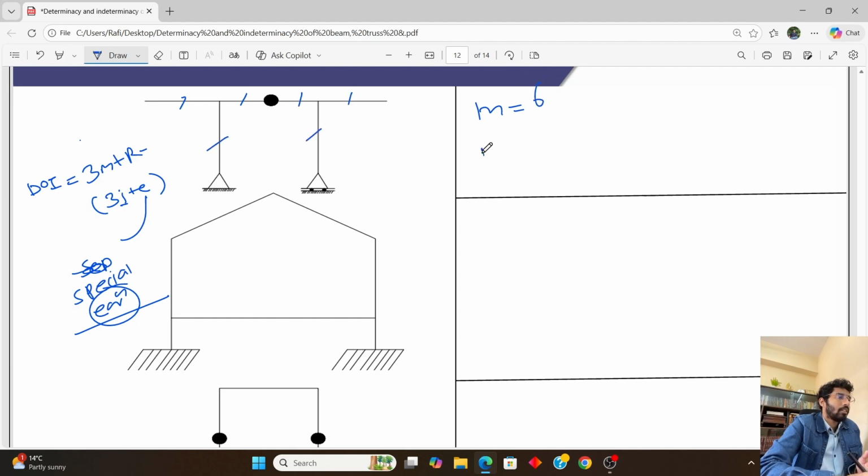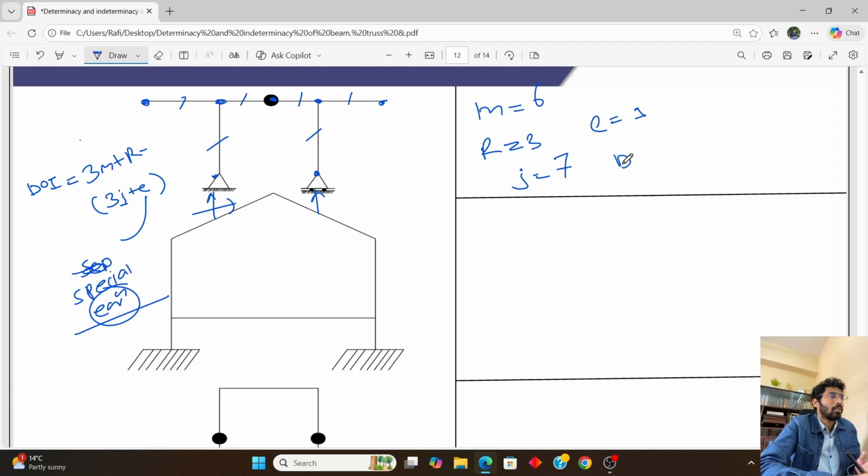The number of unknown reactions will be 1, 2 vertical and 1 horizontal, that is 3. And the number of joints will be 1, 2, 3, 4, 5, 6, and 7. So the number of J will be 7 and E will be 1. So the degree of indeterminacy will be 3 into 6 plus 3 minus 3 into 7 plus 1. That will be 21 minus